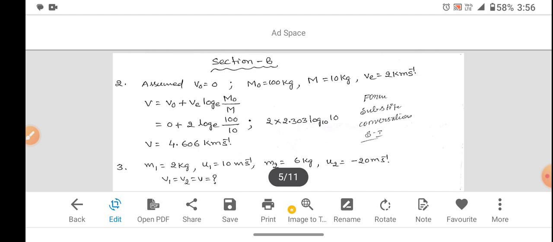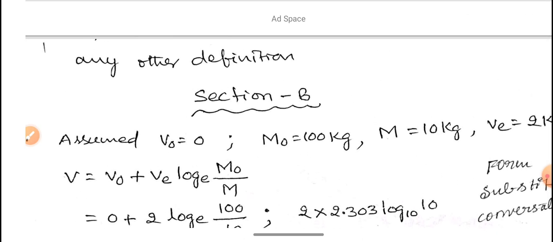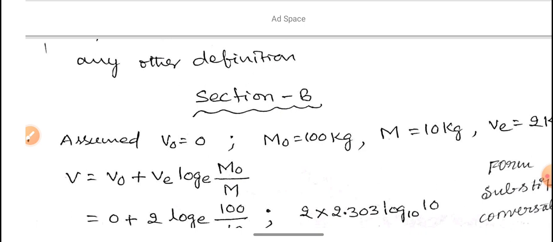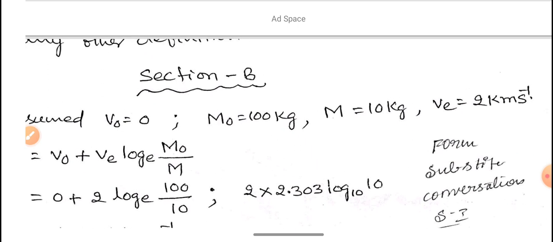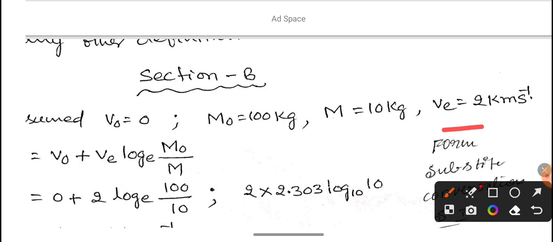This is the given data. Assume that the initial velocity of the rocket is 0. Then the rest mass is 100 kg, which includes fuel also, and the final mass is reduced to only 10 kg with exhaust velocity 2 km per second. So as we see,